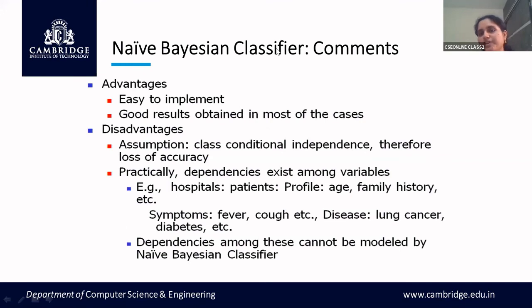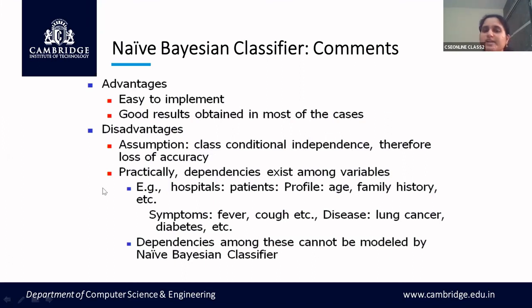So what is the advantage? The advantage of naive Bayes is that it is easy to implement. It gives good results when compared to other classification techniques, because you take the prior probability and probability of the class. So that is the advantage. Naive Bayes classification can be applied for many applications, like text processing, or if you want to build a recommender system, it will check the accuracy of the recommender system.